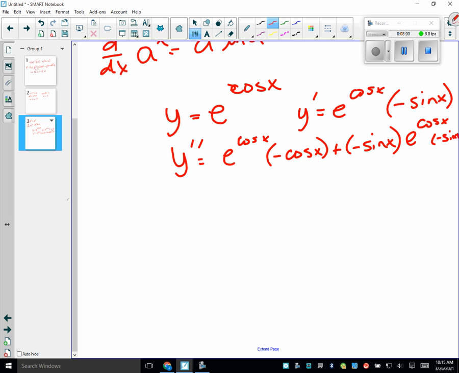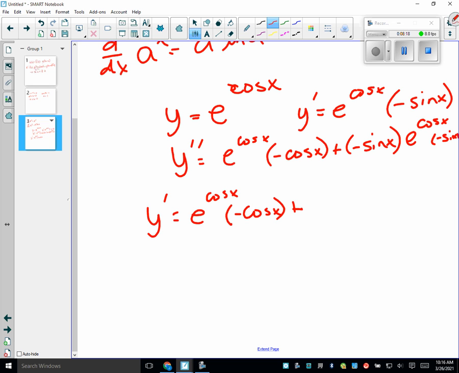So now, can I clean it up? Is it e to the cosine of x times negative cosine of x,